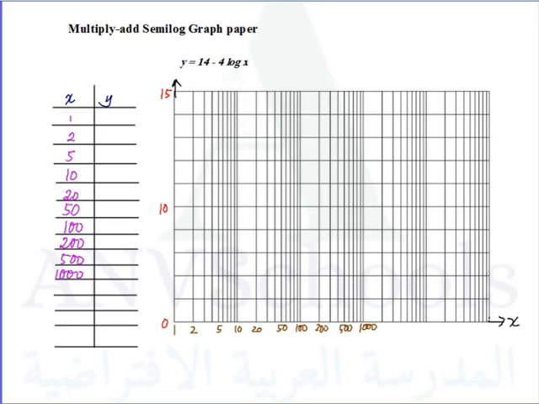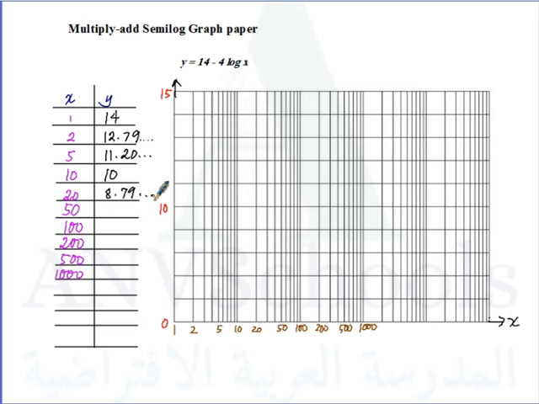So first, when our x is 1, 14 minus 4 log of 1 will be 14. If our x is 2, then that's 12.79 something. Okay, continuous. So if our x is 5, that will be 11.20 continuous. If x is 10, that would be 10 also. If our x is 20, then that would be 8.79. If x is 50,